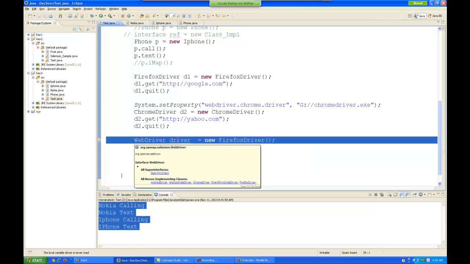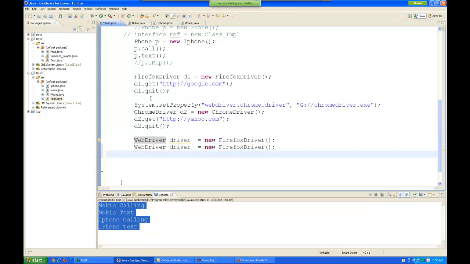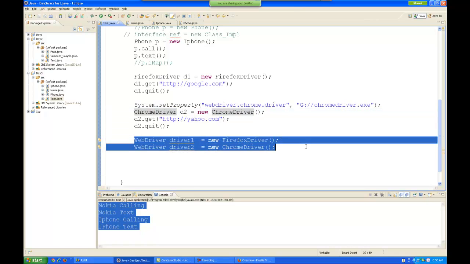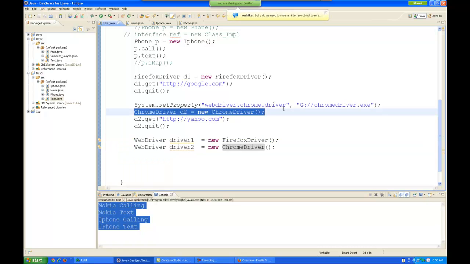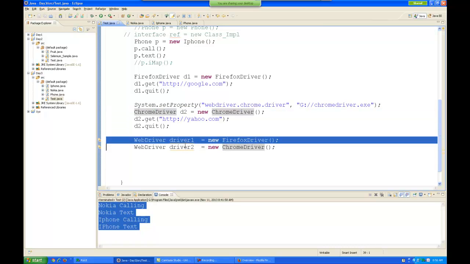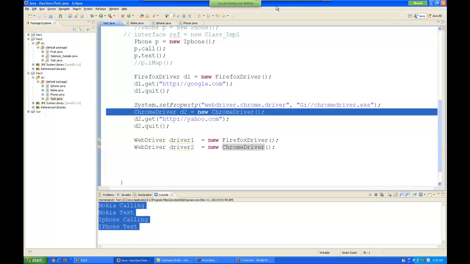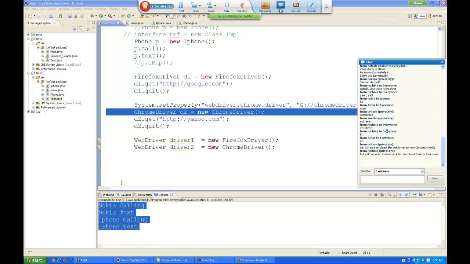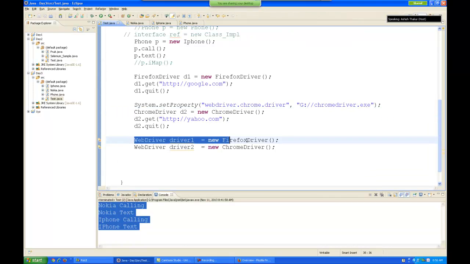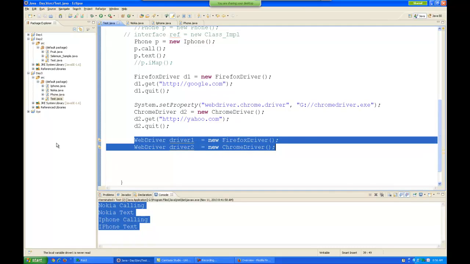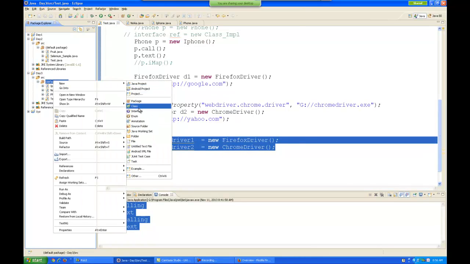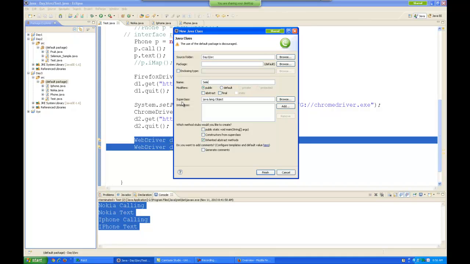Most of the times we write like this, or WebDriver driver1, driver2 equals new Chrome driver. But what is the use? What if I write like this, or what if I write like this? How will this help us? Why can't I write something like this only? Why do we need to do that? The reason is that I'll tell you. Hold on, I'll create a new class known as Selenium